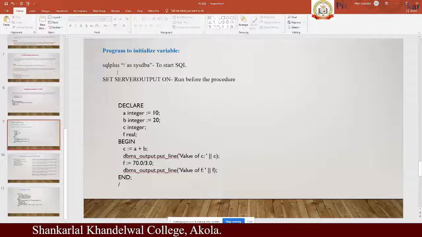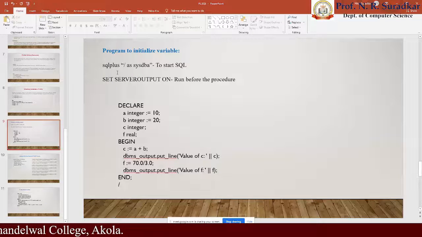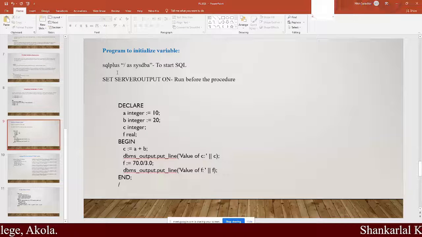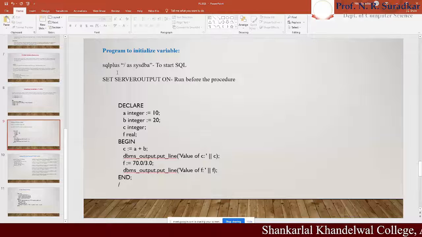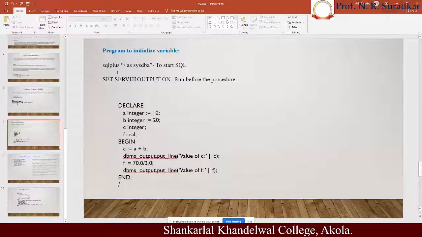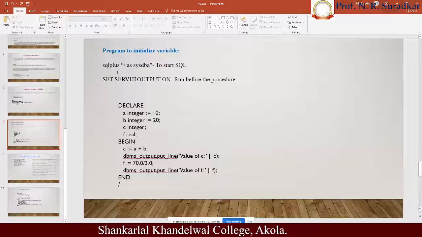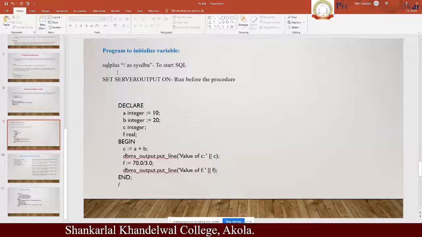How to initialize the variable, how to create a table, and how to assign the simple variable to a PL/SQL block. Generally, all these concepts have been completed theoretically, in which I talked about the introduction of PL/SQL. That part covered what SQL means, what PL/SQL means, and why we are using the PL/SQL concept.